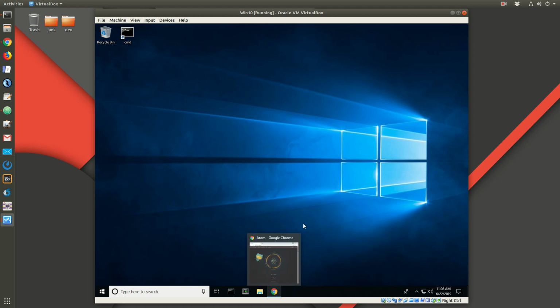Okay, so we're going to install it here on Windows. I've got Windows running in a virtual machine here on top of my Linux desktop. So we're going to install it on Windows, and then I'm going to configure all the settings that I have specified on the course website. So on the course website,